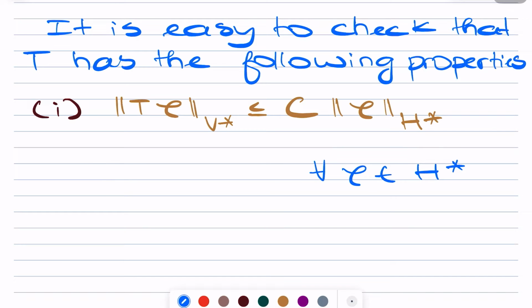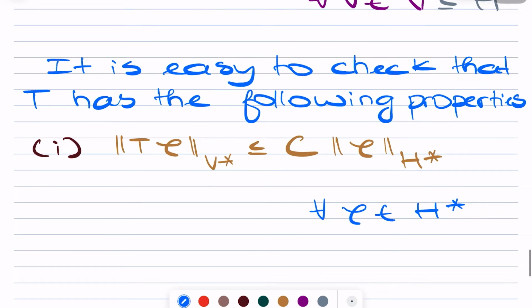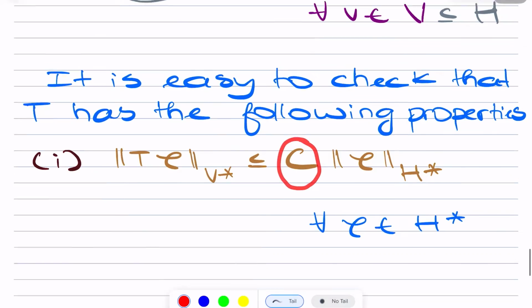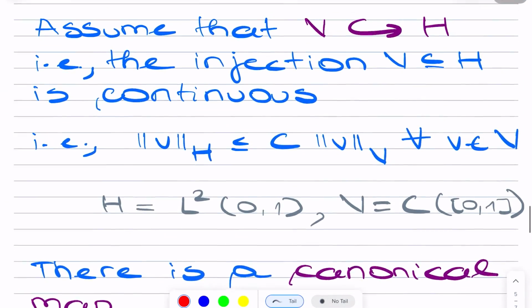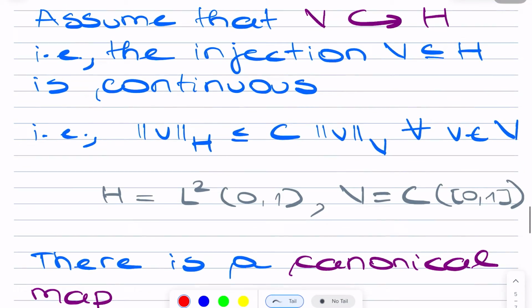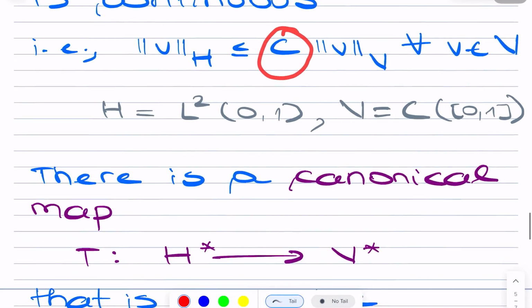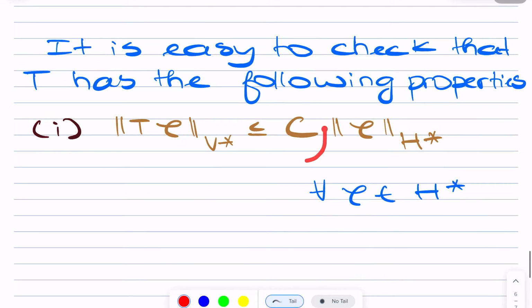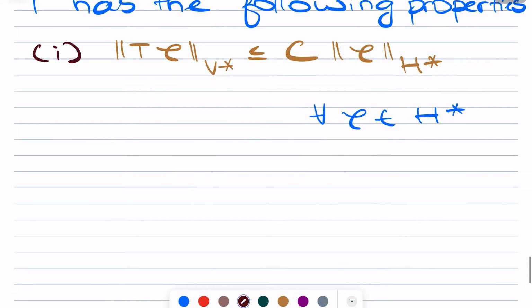And this C corresponds exactly to the constant that comes from the continuous embedding. So this C and the C below coincide. The second property is that